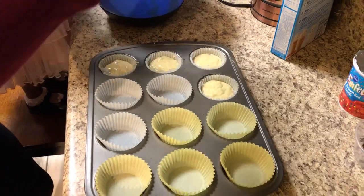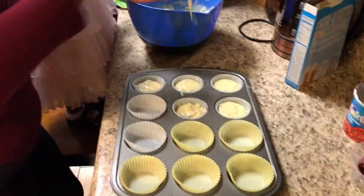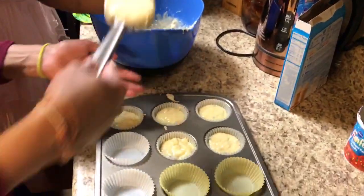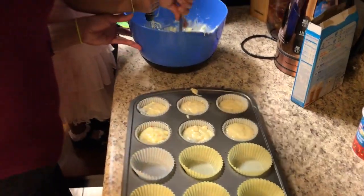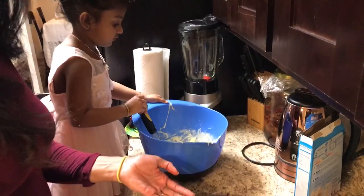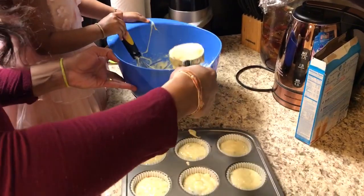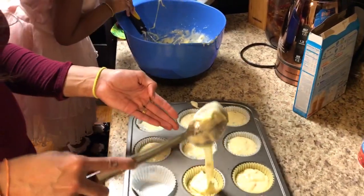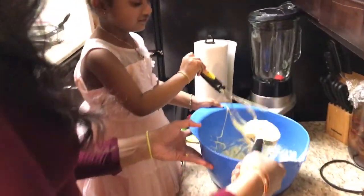So after we bake the cupcakes, Onii will be decorating it with red vanilla icing and with some sprinkles on it. So because it's going to take some time to bake the cupcakes, I did bake the cupcakes earlier, and we are going to use that one for decoration. So we are putting the mixture like this. I have 5 more